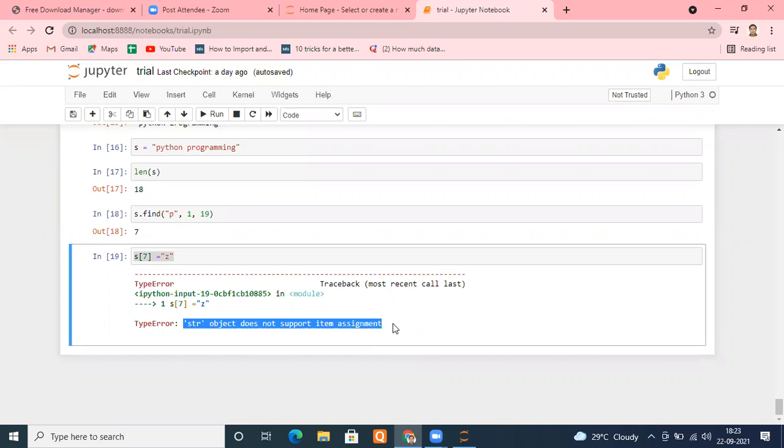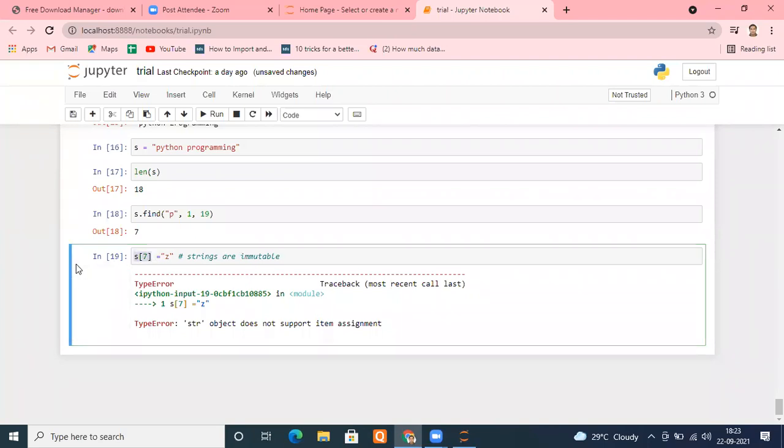String item assignment is not supported. At the 7th position, if you wish to put the Z, you cannot put it here. And that's why a string is known as immutable. Remember that thing. Strings are immutable, the things which cannot be changed by indexing. Right now, we can see we are changing the index, and they are not able to change. Especially remember, for all the elements which are immutable, this kind of assignment is not allowed.